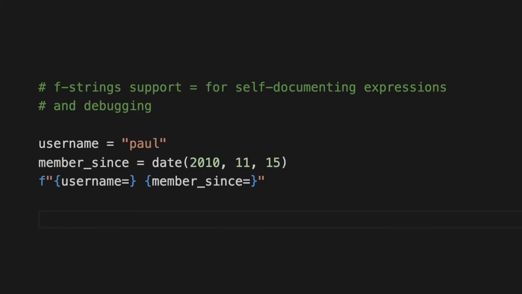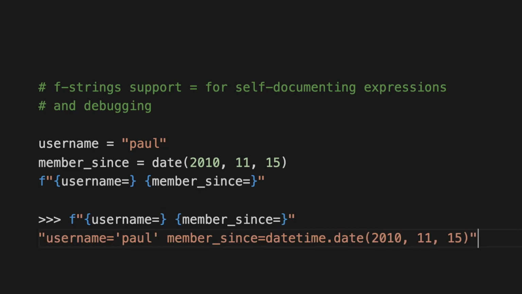Then we have the last feature, which is the f-strings support for equal sign notation, which can be useful in self-documenting expressions and debugging. So in an f-string, like in this example, we can use the variable name followed by the equal sign, and this will print out the name of the variable equal the value.